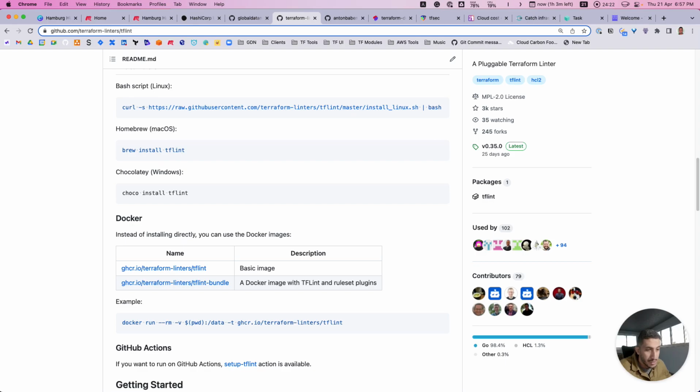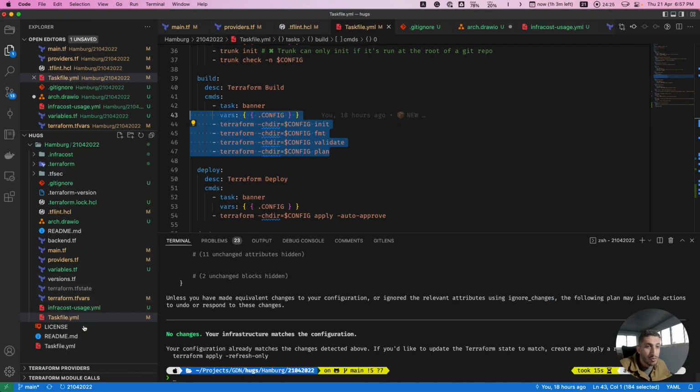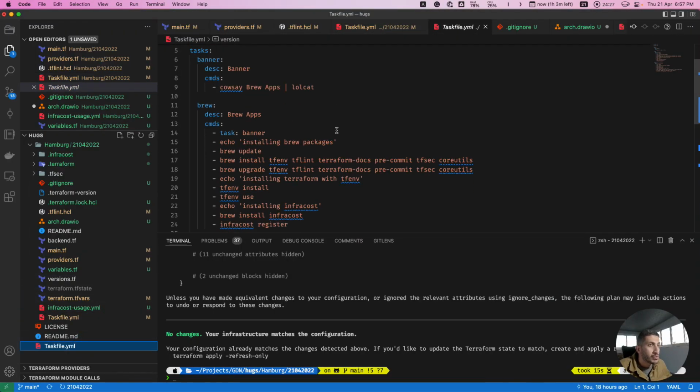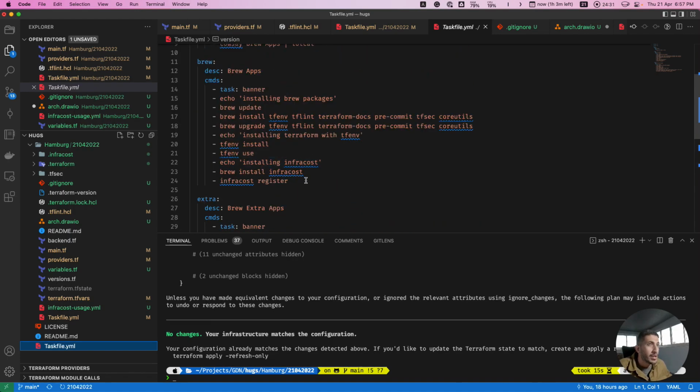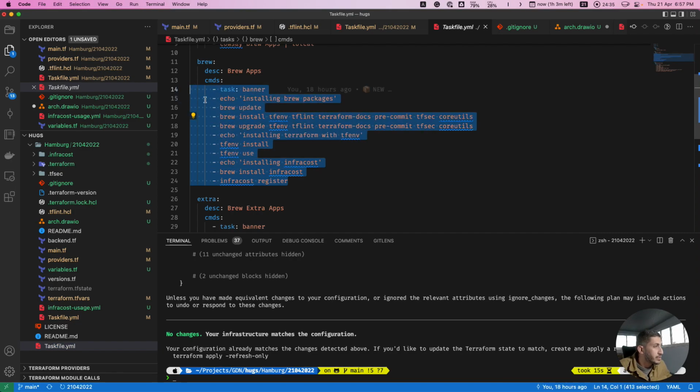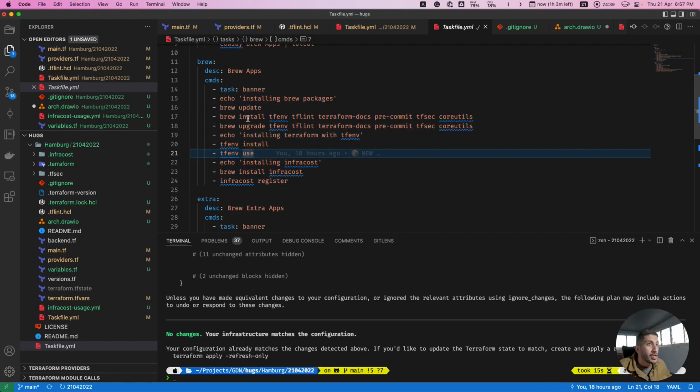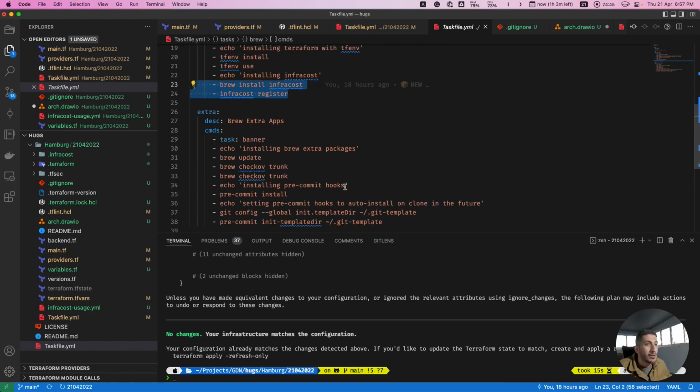It's really easy. By the way, to make it easy for you, at the root level of the repository, we include a task file that, if you're using a Mac, will help you install the required tools that we are using for this session. You can see it's installing a bunch of stuff, and even registering Infracost for you.